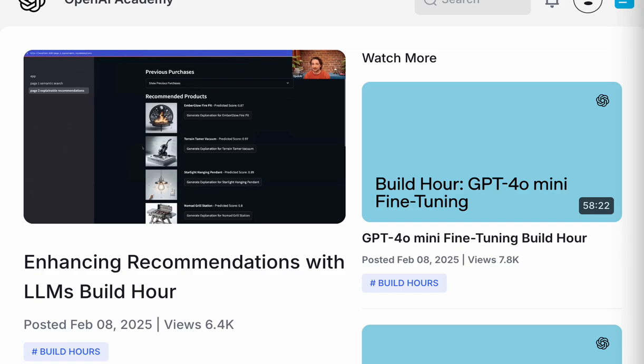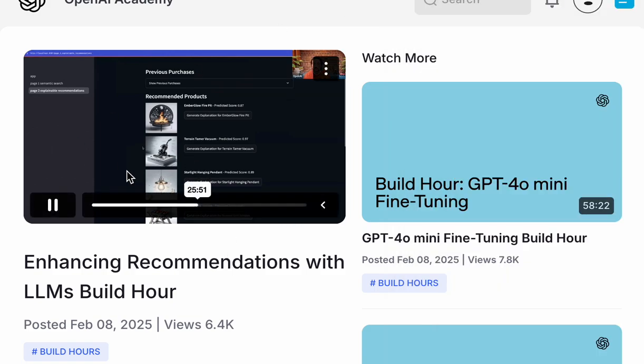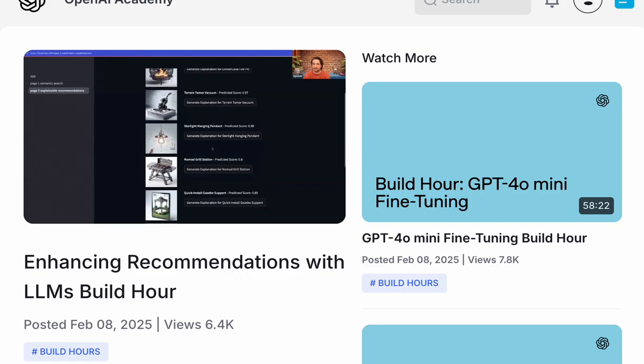I think one thing to keep in mind with this example, again, not something that would be representative of a real UI where someone's clicking like, tell me why this is recommended to me. This would probably be something that would be generated ahead of time and stored and then just surfaced to the user. And I think the batch API could be a really good way to do that at scale offline. We can talk a little bit about that later. But you can see here are the different recommended products for me and the score and why they're recommended. And when I click on generate explanation, what's going to happen here is it's going